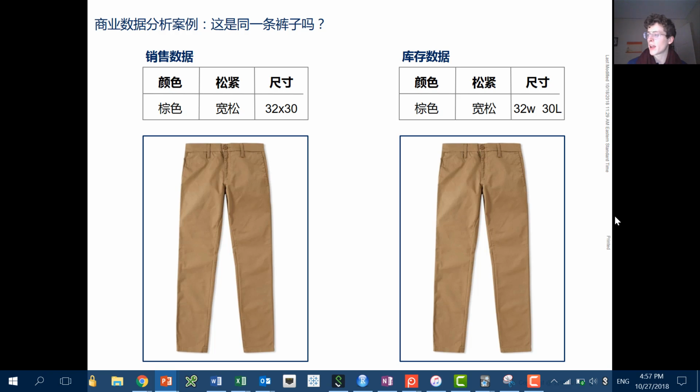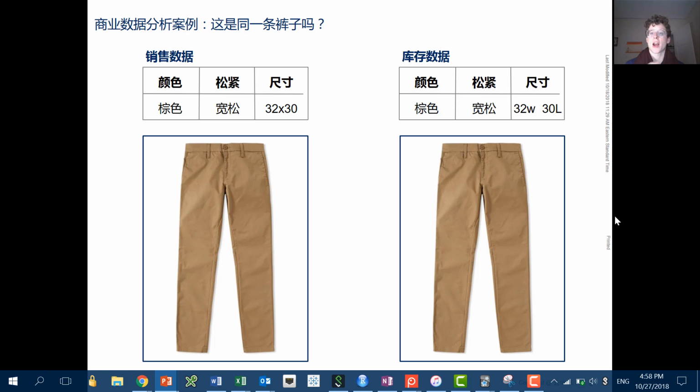So if you look at these two pants, you look at the pictures. These are, by the way, not at all the pictures of the actual company. I'm just using this as an example. I don't even know where these pants are from. They look nice though. They're good pants. Should I get those pants? Okay, never mind. So let's look at these two pants. If you just look at them, honestly, they probably look quite similar. Just from a visual inspection, they look like they're pretty much the same.